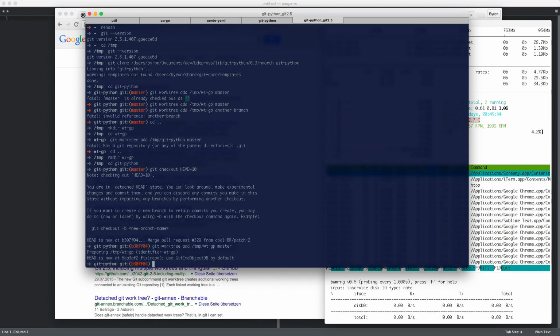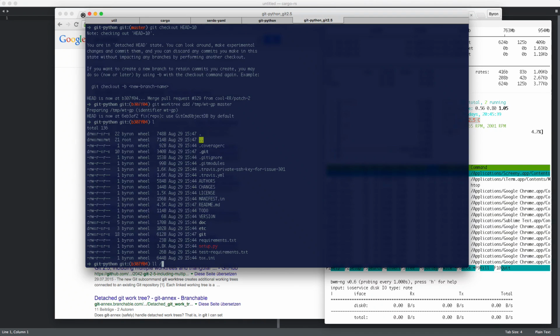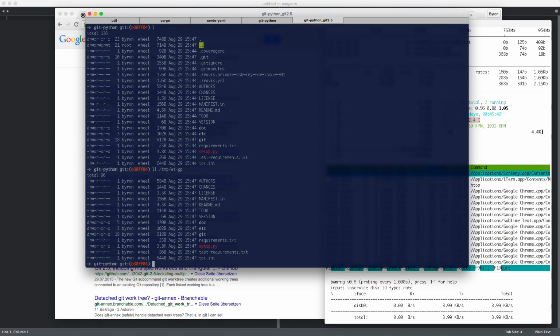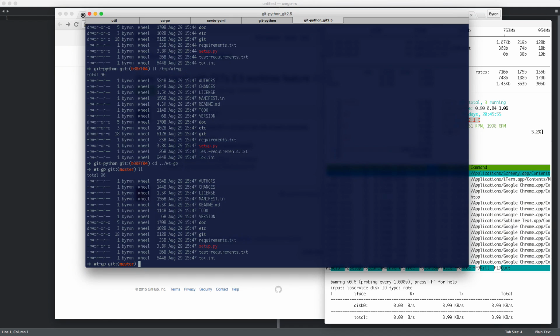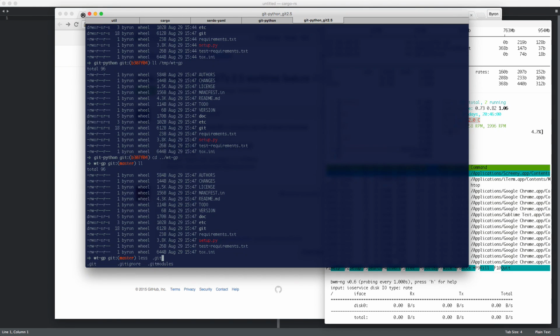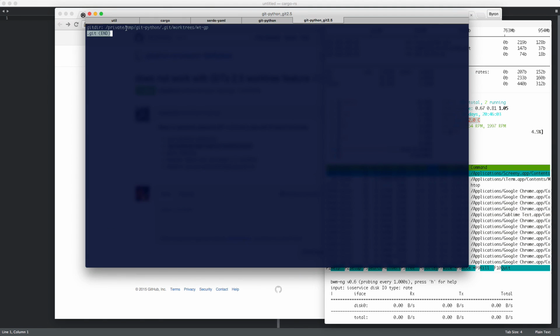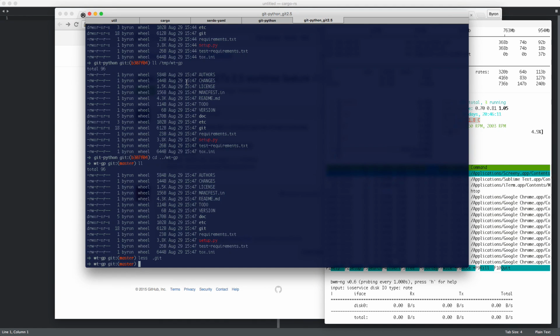Okay. Something happened. So I'm still where I was before. Do I now have a worktree? I do. Cool. So it actually checked it out to that location. That's interesting. What else do I have to do? So now I go in there and then I try to use it in GitPython and then I should be able to reproduce it. Okay. So in theory, there's a .git file here that contains a gitdir. And that is, again, something that GitPython is supposed to be able to deal with. So in theory,